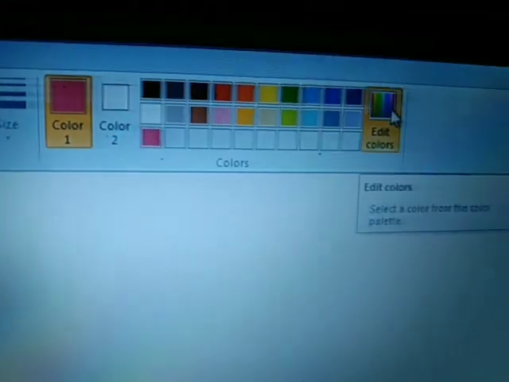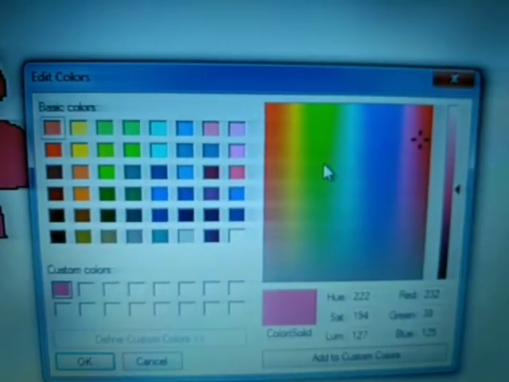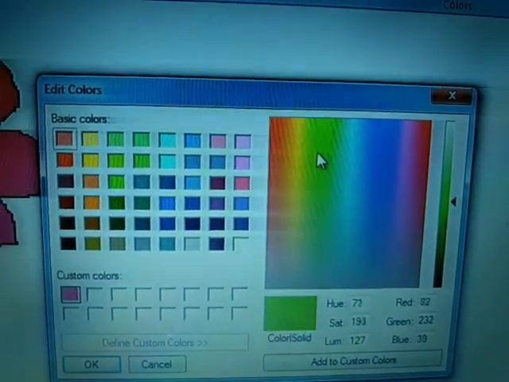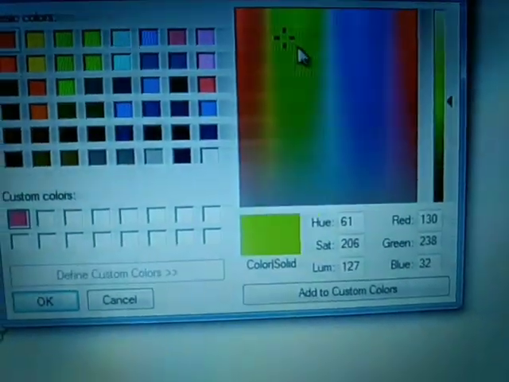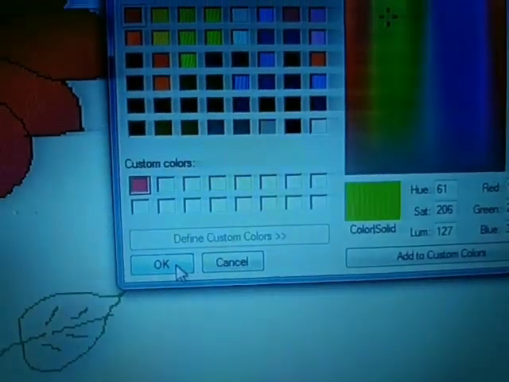Now the leaf. The leaf I have done the outline with a dark green color. The inside of the leaf I want it to be in light green. So again I will go and I will select here a light green color. Say this green. Okay. And fill with color. Can you see? In the dark green, the veins and the outline is there, and the main part of the leaf is in light green. So this is the way we have drawn a beautiful flower.